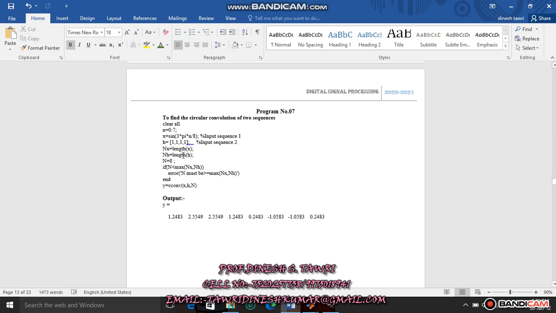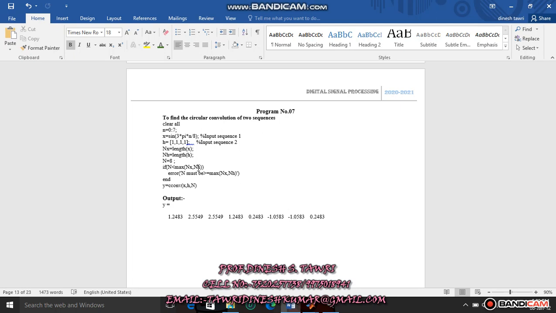So in the next line you have to write capital N equal to 8 followed by a semicolon. Here we know that we use max of nx comma nh. For this purpose we are concentrating on the DFT or discrete Fourier transform.